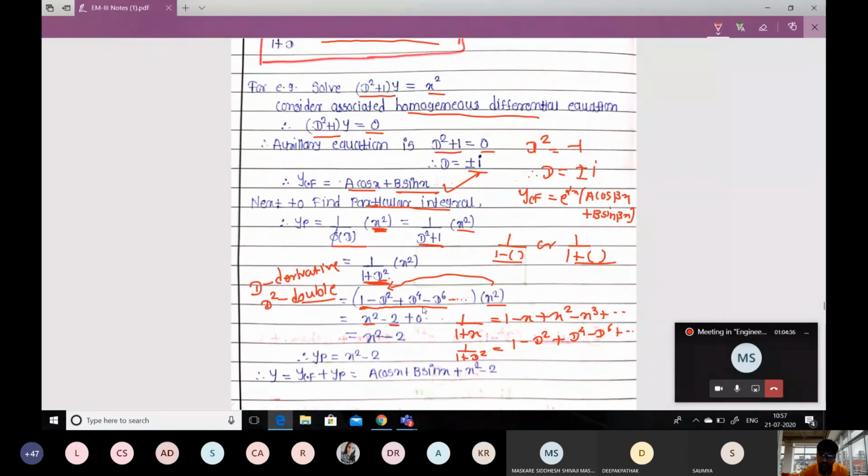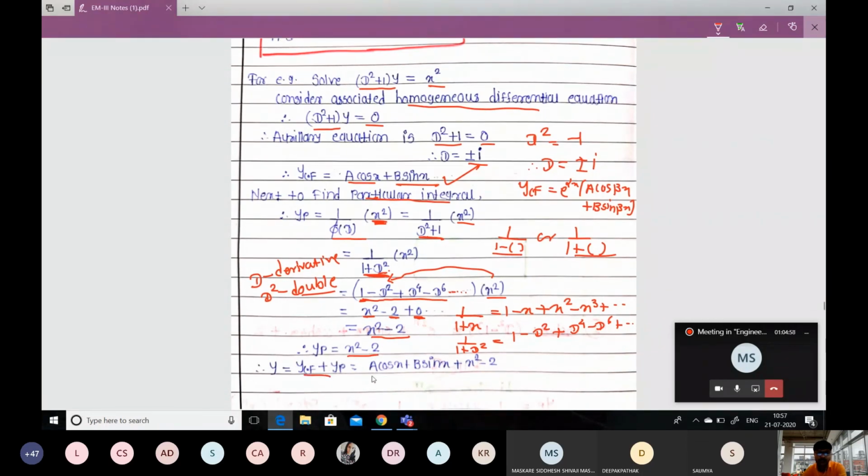And if you take the third derivative, you will get 0. Fourth derivative, you will get 0. Sixth derivative, you will get 0. So the process terminates here after the third derivative, that is, the fourth derivative is equal to 0. And that's why we obtain the particular solution x square minus 2. So this is yp equal to x square minus 2. And at last, as usual, ycf plus yp, which is equal to a cos x plus b sin x plus x square minus 2. Now, do you understand this example?